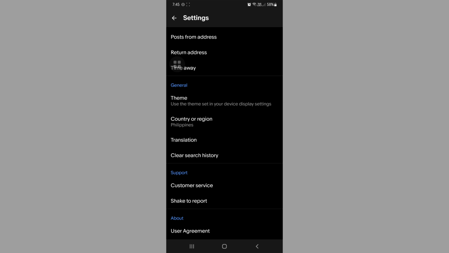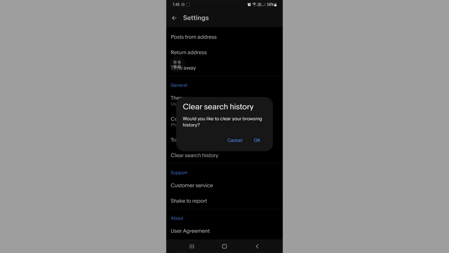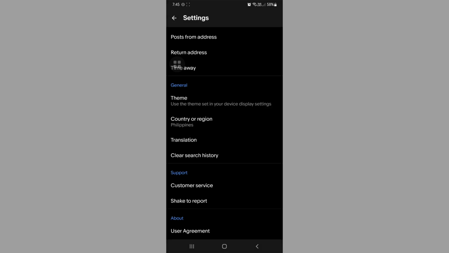So just click on clear history, and you would be prompted here, would you like to clear your browsing history, and you just need to click on OK, and now your recent searches has been cleared. So that's